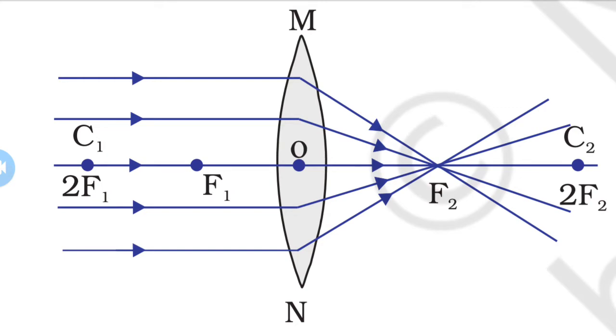Now next we discuss the ray diagram describing the position, nature as well as relative size of the image formed when an extended object AB is placed at different positions of a convex lens as well as a concave lens. First, the object is kept at infinite distance, and the image is obtained on the opposite side of the object at the principal focus F2. The nature of the image is real as well as inverted, and the size is highly diminished, a point size image obtained at the point F2.